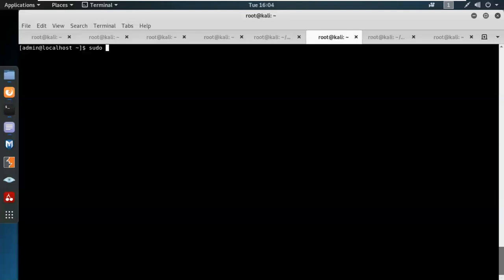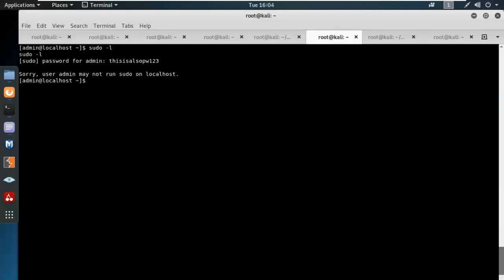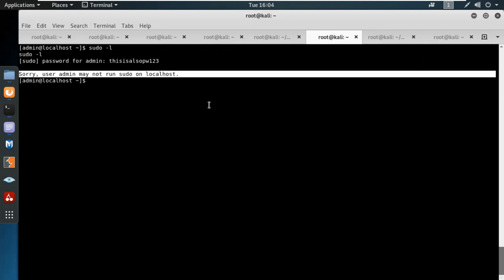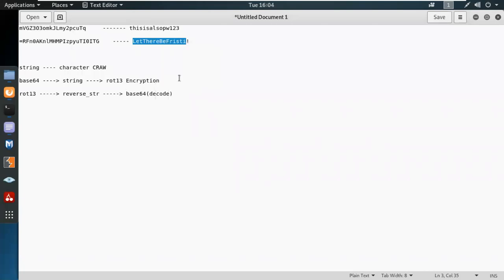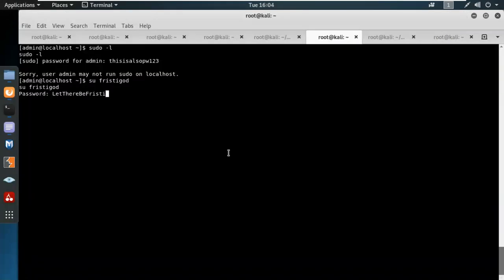So the first thing, sudo -l to check the permission. Sorry, user admin may not run sudo on the localhost. Let's use fristileak. The password of fristileak. Incorrect password. Okay, let's see. su